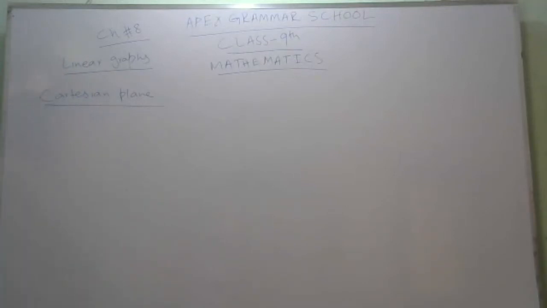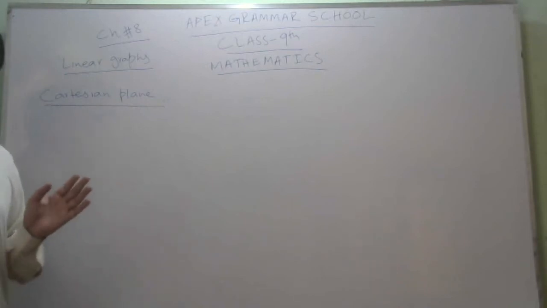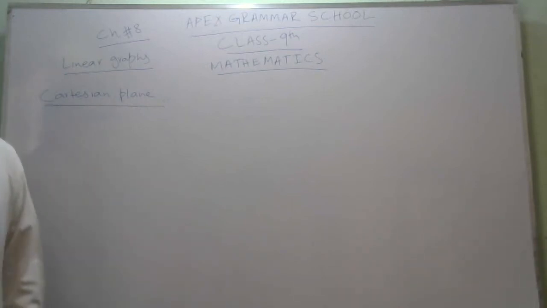Basically this is the platform on which we can easily draw graphs. A Cartesian plane establishes a one-to-one correspondence between the set of ordered pairs. For example,